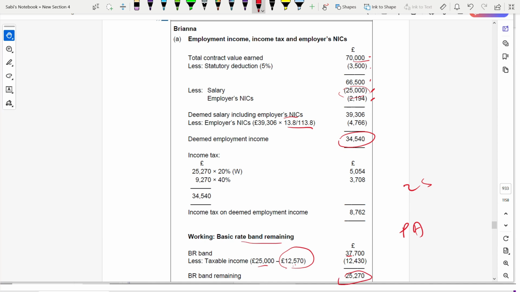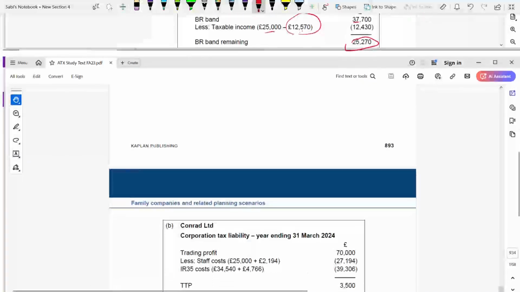That's why we tax that at 20% and the balance out of 34, the balance at 40%, and you get your income tax. Okay, now coming to B,